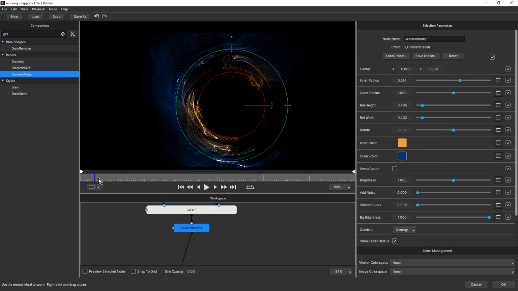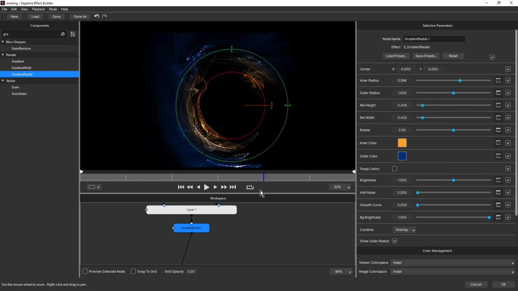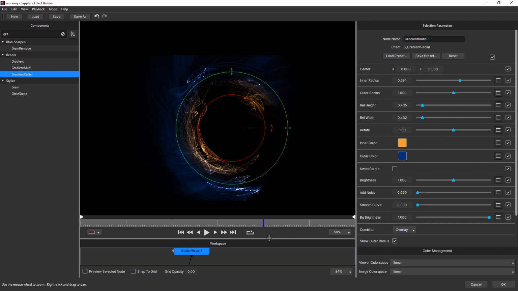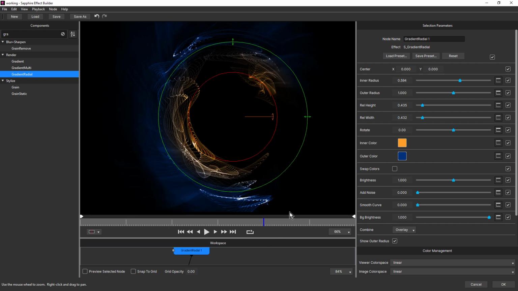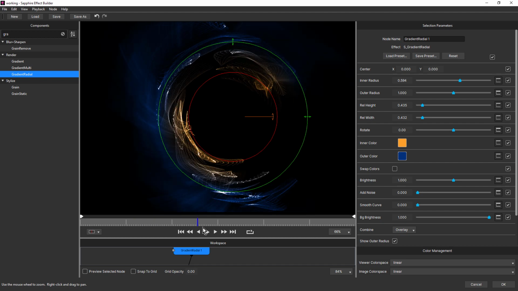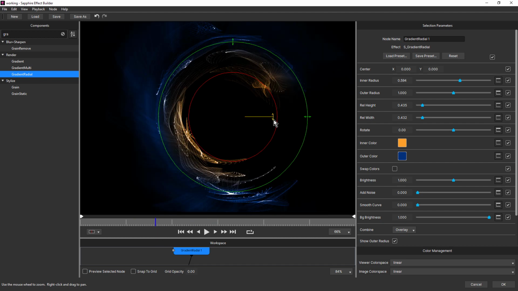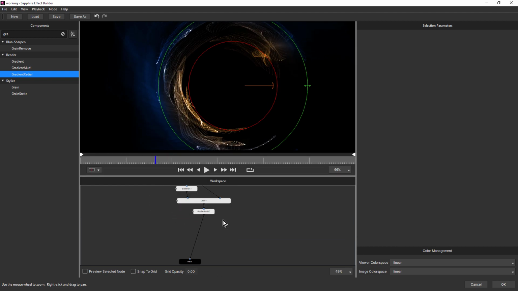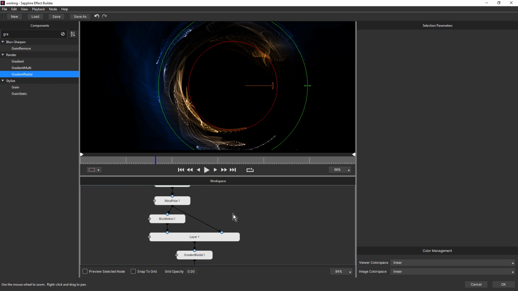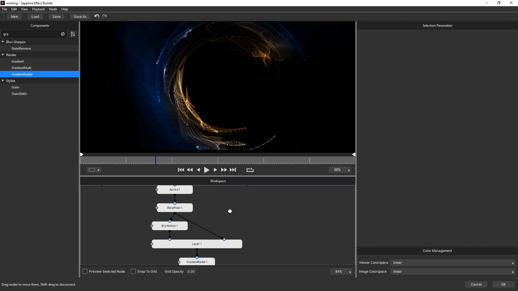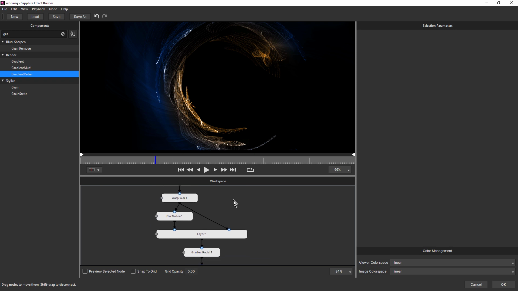Okay. Starting to look interesting. It's going to select everything, Control A, and press Control L to just clean up the selection. Okay, so what can we do now?